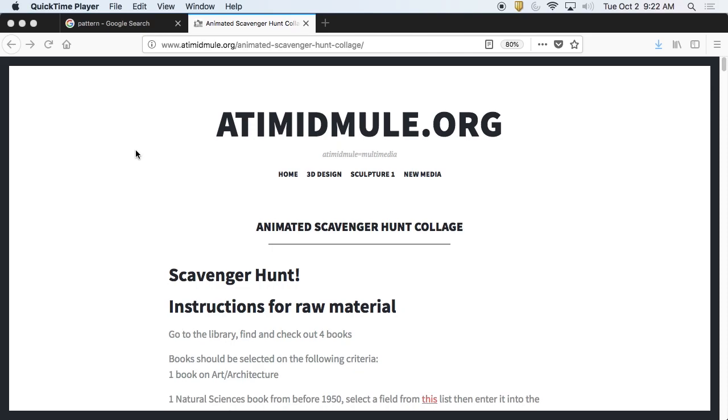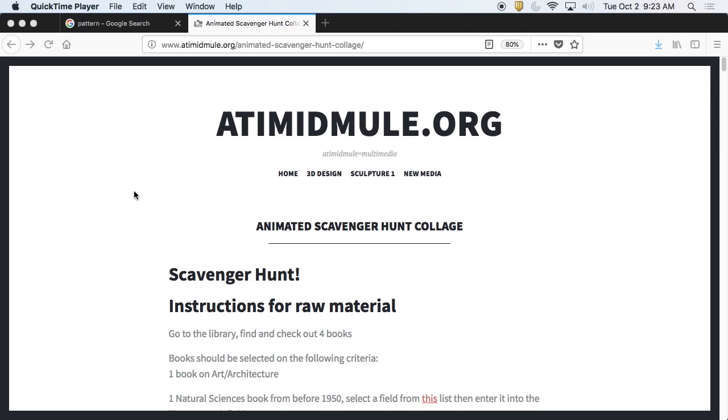Okay, and what this is going to teach you how to do is, number one, find interesting sources for things. Number two, learn how to use scanners, and learn how to do animation and create animated GIFs, or GIFs, whichever one you prefer. Doesn't matter to me. So there's a very distinct, very directed process here.